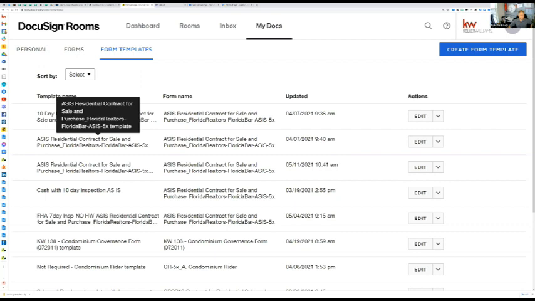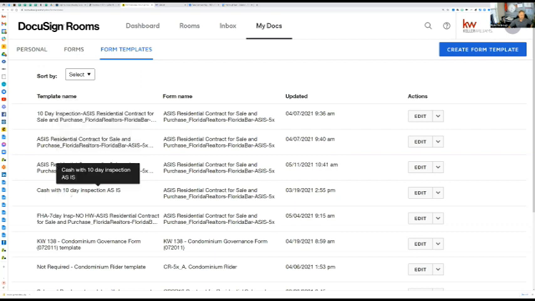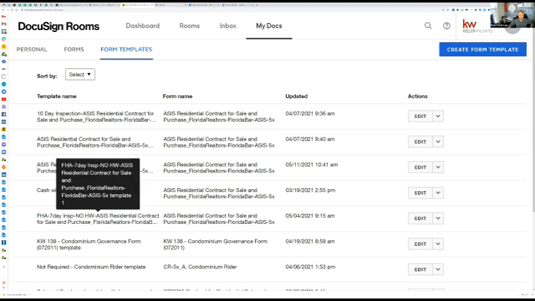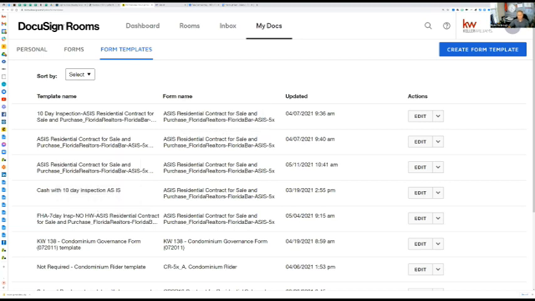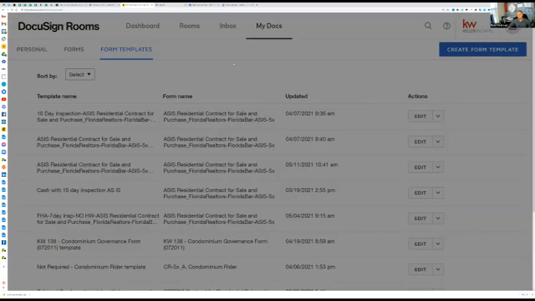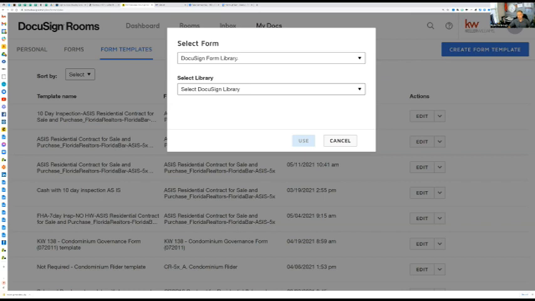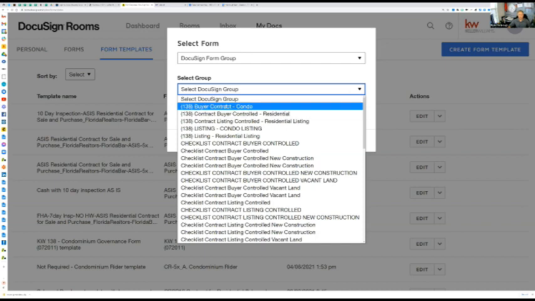See, this one is cash, 10-day inspection on as-is. I have an FHA 7-day inspection with no home warranty. I'm naming those specifically so I know exactly which ones to pick between. Once I've created these, and the way I create them is create form template, I'm going to choose from my library or choose from my form group. So I'm going to go into my group that's been created, and I can see in my offices,